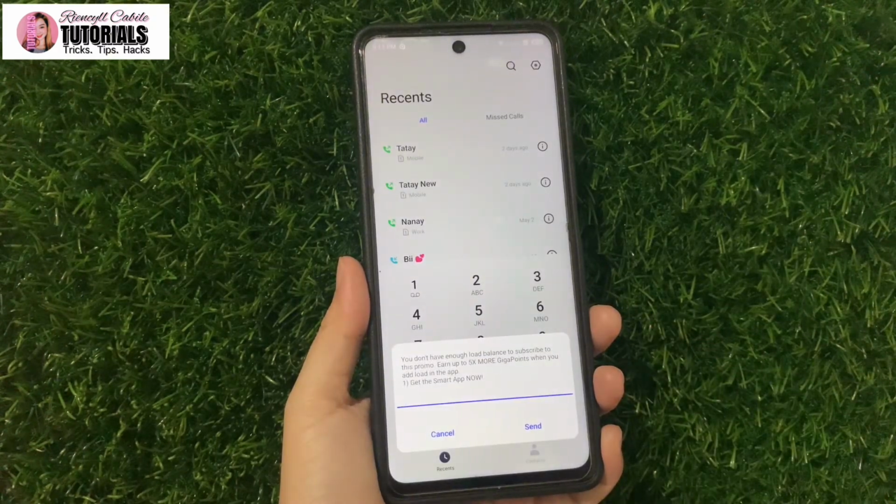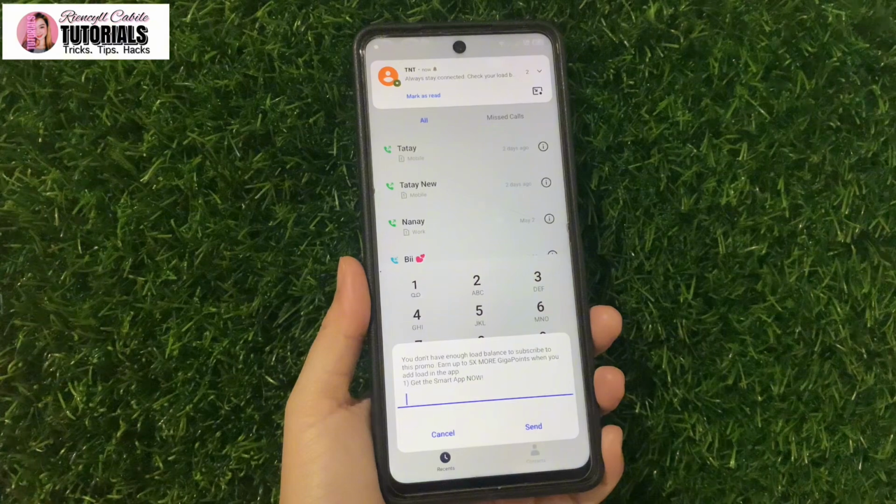So, ayun lang guys. Ganun lang kasimple kung paano nga ba mag-register ng Magic Data 199 sa ating Smart and